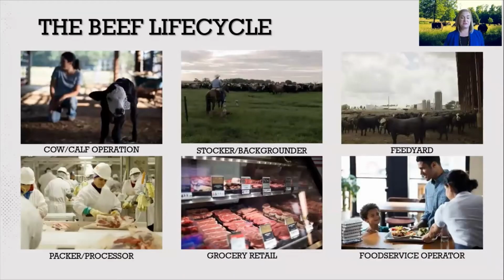So again, here's just a visual look through the entire beef life cycle. The journey beef takes from farm to fork. This really just demonstrates the breadth and depth of the beef community. Just understanding this life cycle and all the different pieces and parts that are involved in it will help answer one of the most basic questions that we often hear, which is, where does my beef come